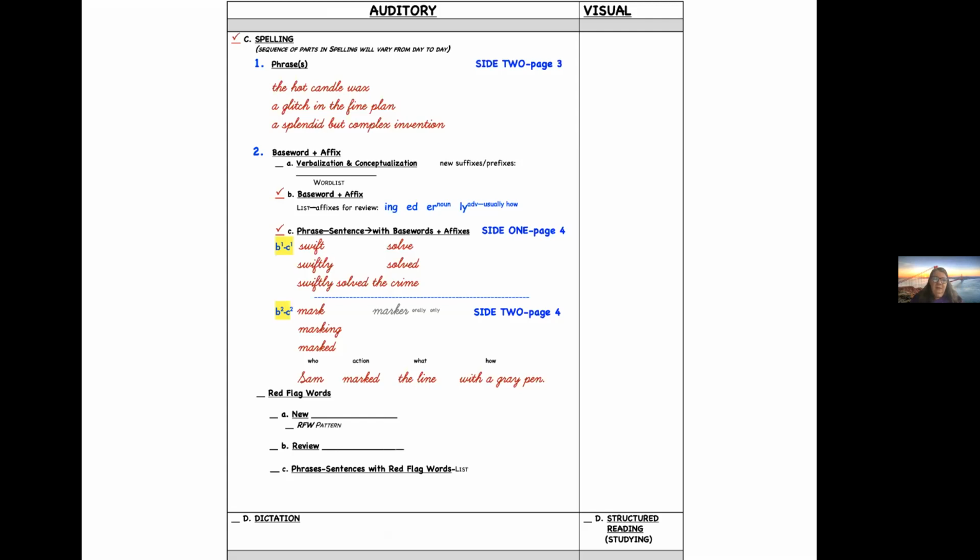Well, most of us didn't know what a final stable syllable was until we started teaching Slurlin, or maybe even after we'd been teaching Slurlin for a really long time before we knew what that was. But what does final mean? At the end. And they may not know what stable means, but you can tell them stable means that you can depend on it. It's not going to change. So when that is at the end, it's going to be a whole syllable, final stable syllable.